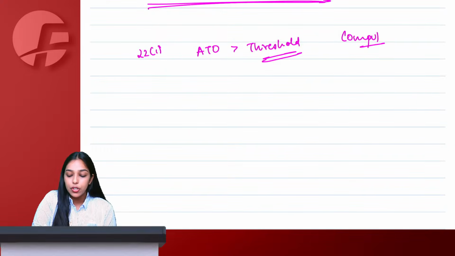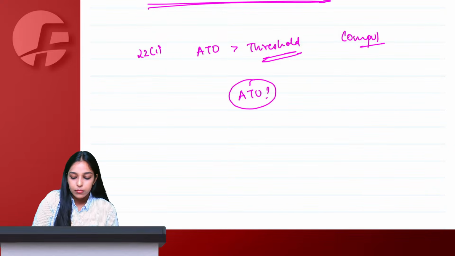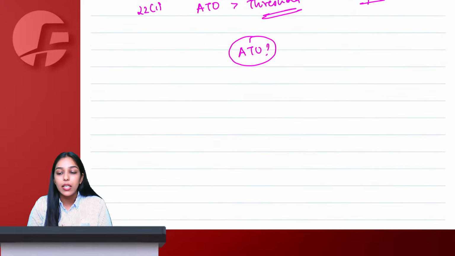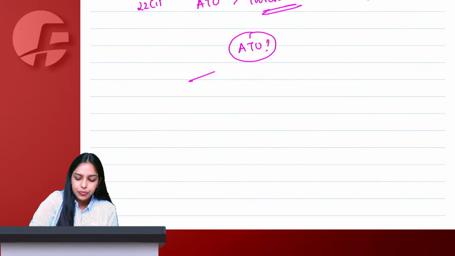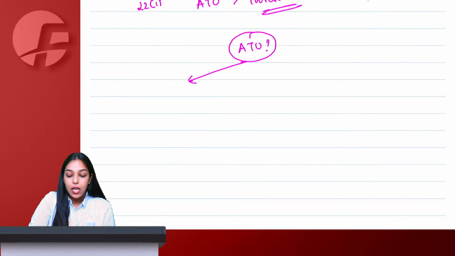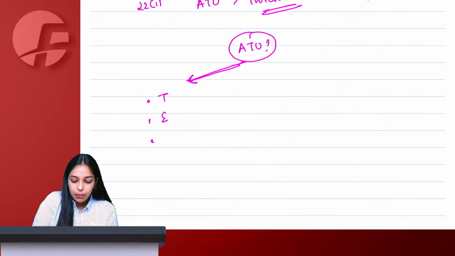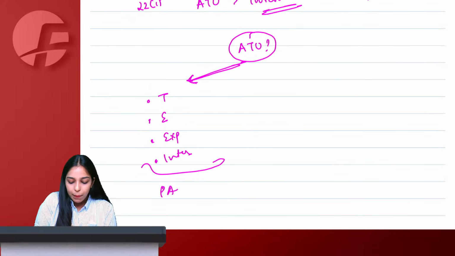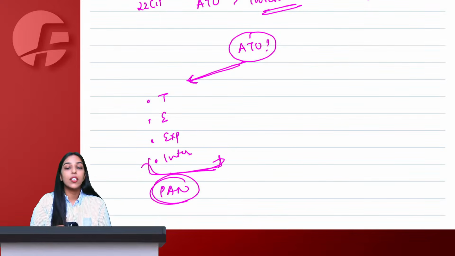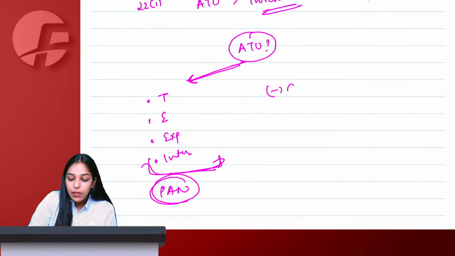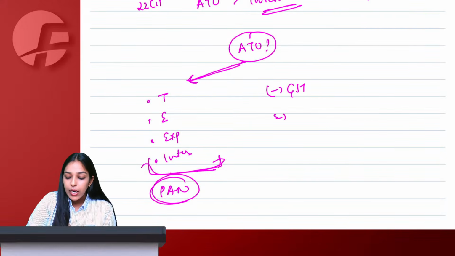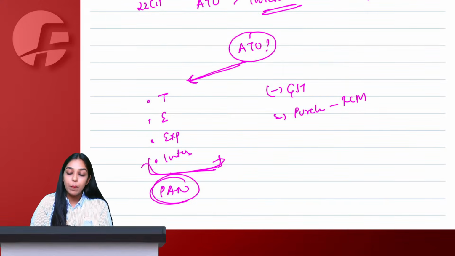Ma'am, what is the definition of aggregate turnover? The same definition that we studied in the composition chapter, except for one difference. The aggregate turnover for registration also says that you include all kinds of taxable supplies, exempt supplies, exports, interstate supplies, everything that is done on a pan-India basis. GST will never form part of your aggregate turnover. If you are purchasing something on which you are paying RCM, that will also not form part of your aggregate turnover.